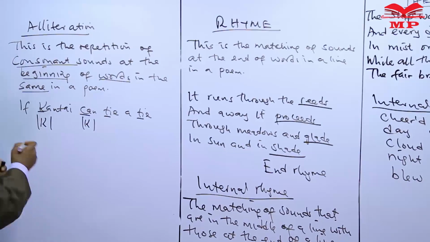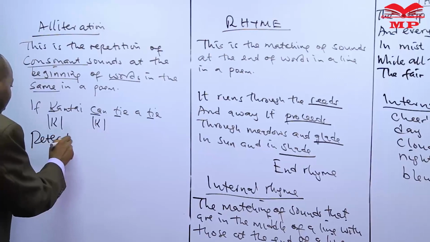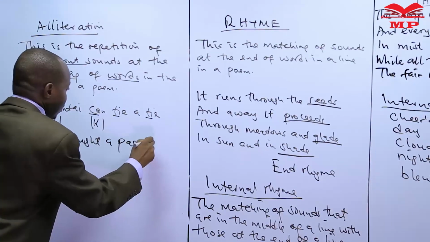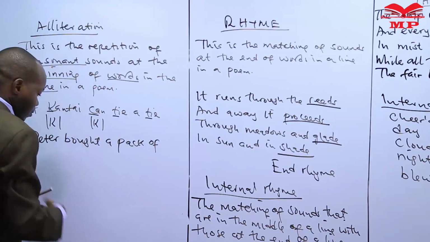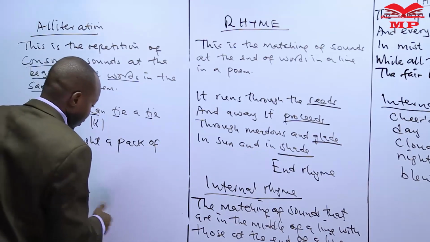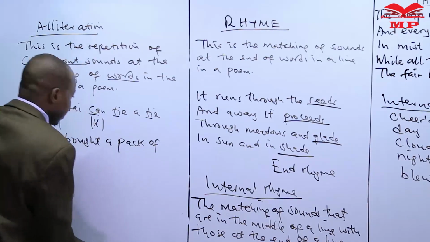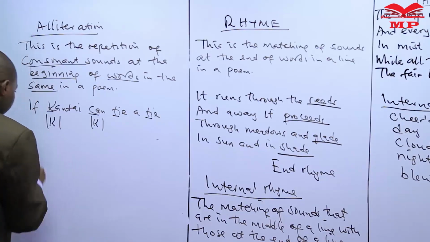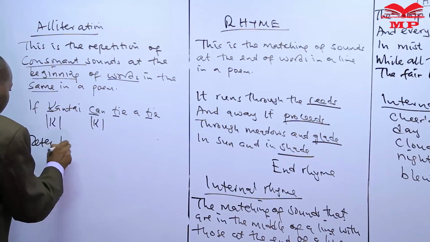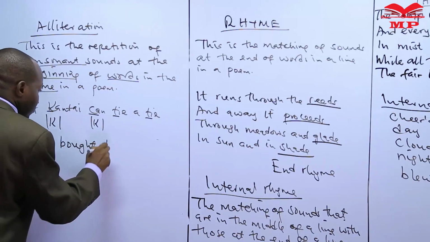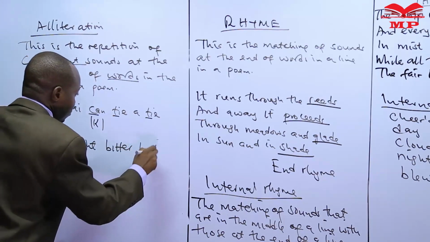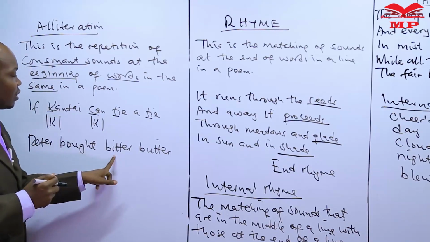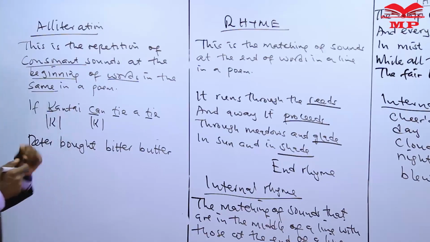Another example. Peter bought a pack of, let us have another one, bitter butter. Peter bought bitter butter. Now, if you look at this sentence or this statement,